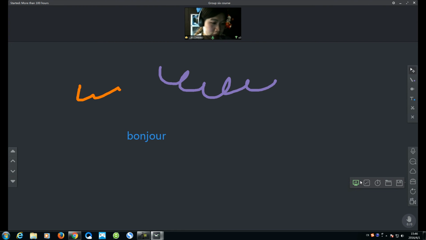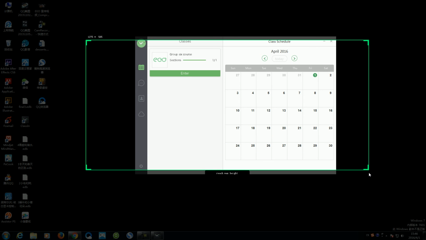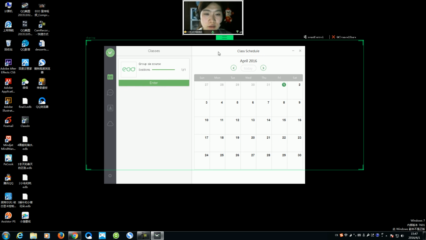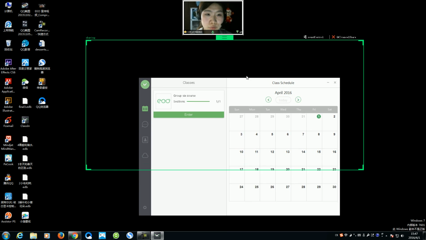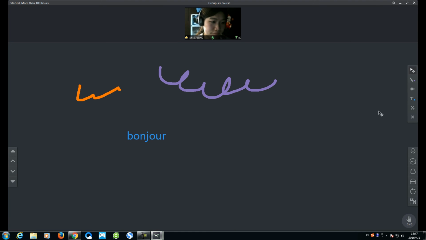Okay, another example is that you can screen share with your students. Choose the size, the area you want to share, and just hit the Start Share button. Then the students can see whatever you're doing in this area. And before we go on,